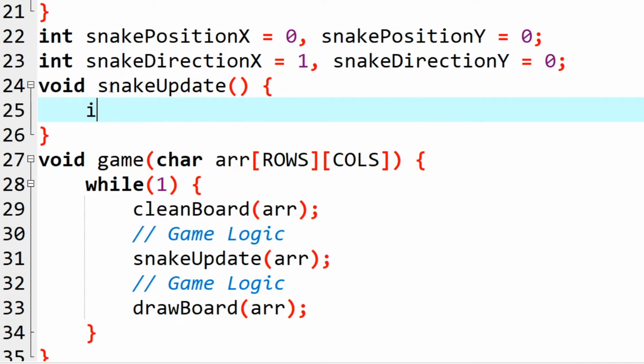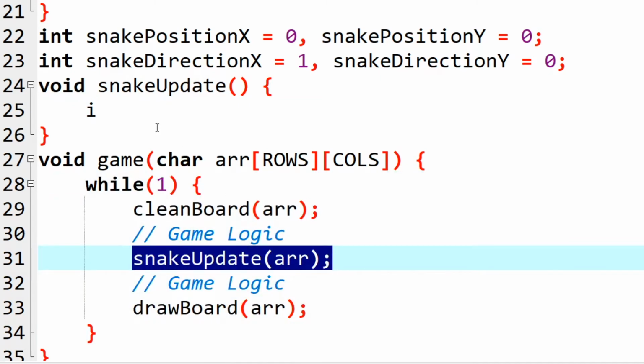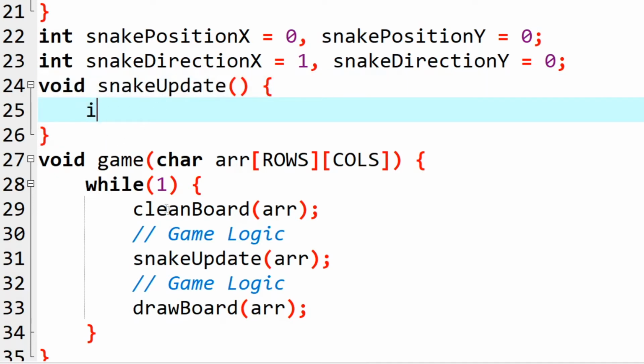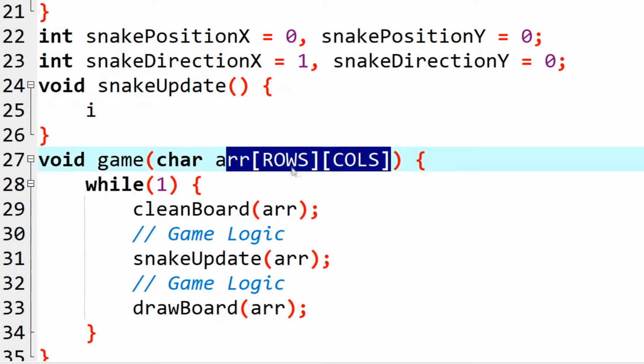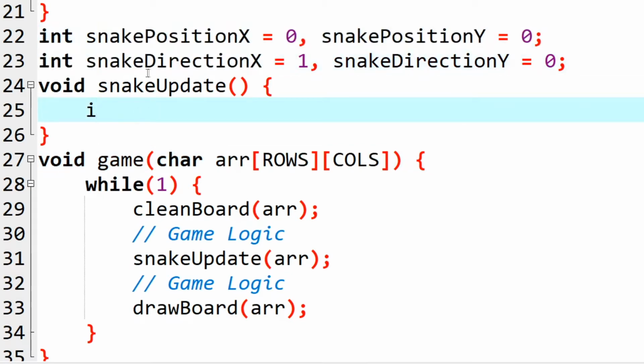This snake update function is going to be called on every frame of this code, right? The while loop is here, and the snake update is going to be called on every frame. So I need to be cautious of that. This is running in a while loop, so I don't need a loop inside this code. I only need to have simple conditions to handle collisions and all of that. So what I need to handle is that the snake should not go outside of these bounds, outside of the game board, and the snake should move in the direction that it is being given, right?